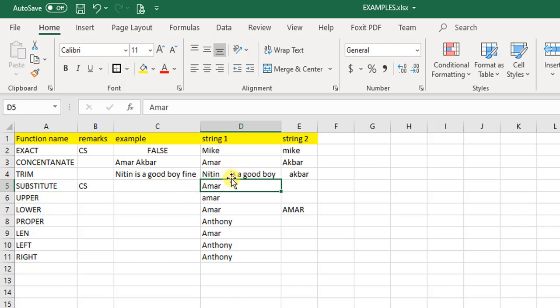What it does is it removes all the extra spaces from a sentence or from a text string. So this is how the TRIM function works.